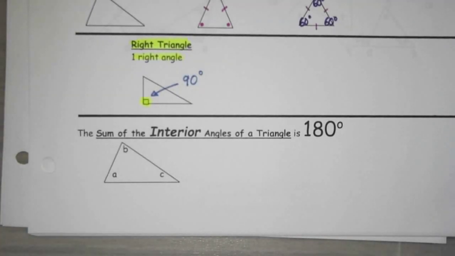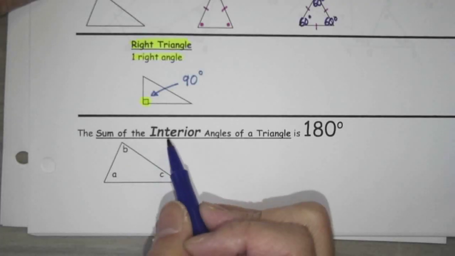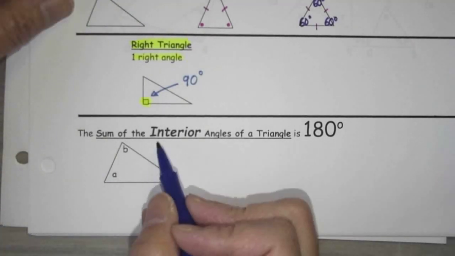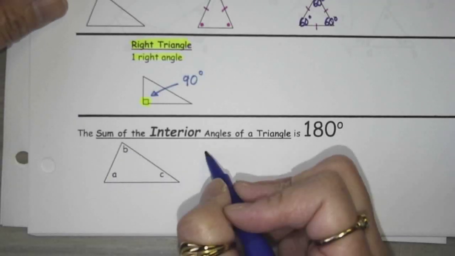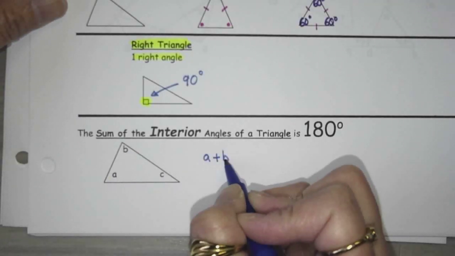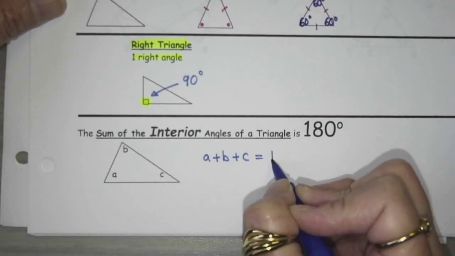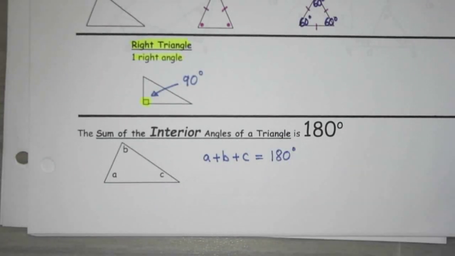Okay, this next one here says the sum of the interior angles of a triangle is 180. So that means inside these three angles, the A and the B and the C, all three of those little slices will equal 180 degrees. Okay, and you should be able to see that for any triangle